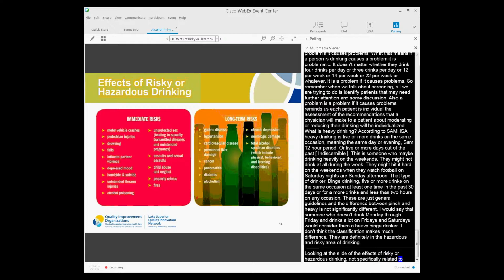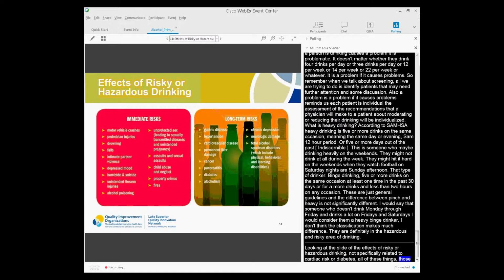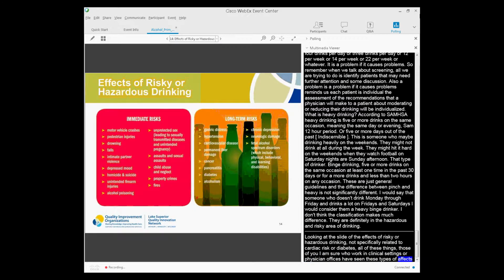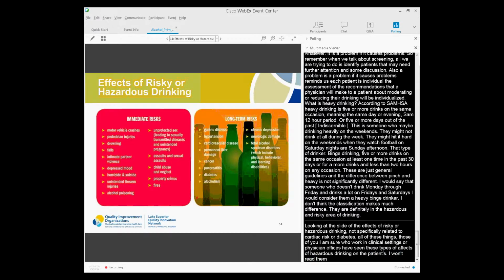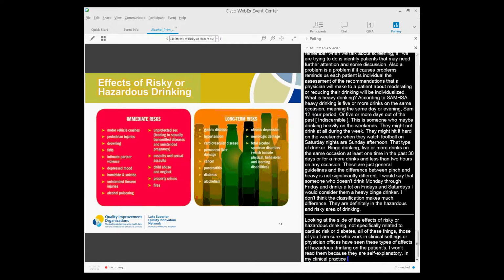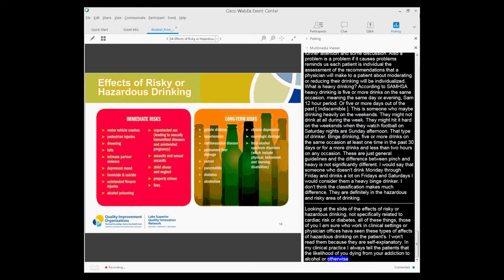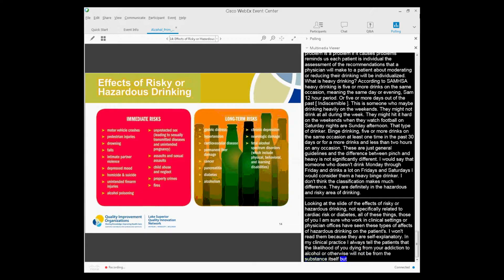All these things, I'm sure those of you who work in either clinical settings or in physician offices have seen these types of effects of hazardous drinking on their patients. I won't read them because they're self-explanatory. It's funny, in my clinical practice, I always tell patients that the likelihood of you dying from your addiction, alcohol or otherwise, is not going to be from the substance itself. It's going to be from a car accident, an accidental drowning, a fall down the stairs, hitting your head